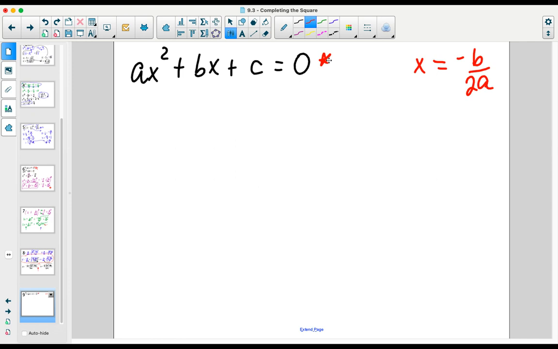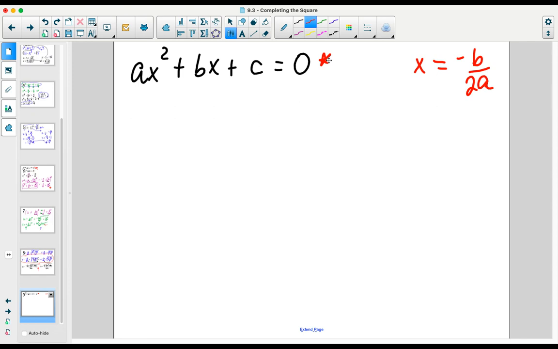at the end. Now, the algebra in this example is a little bit trickier and takes a little bit more careful analysis as we walk through the steps. So it's not going to be as easy as just, let's do this, let's do this, let's do this, and poof, out comes the vertex. You want to be very careful about the way that we write this. We want to be very careful about maintaining the equality of the equation as we